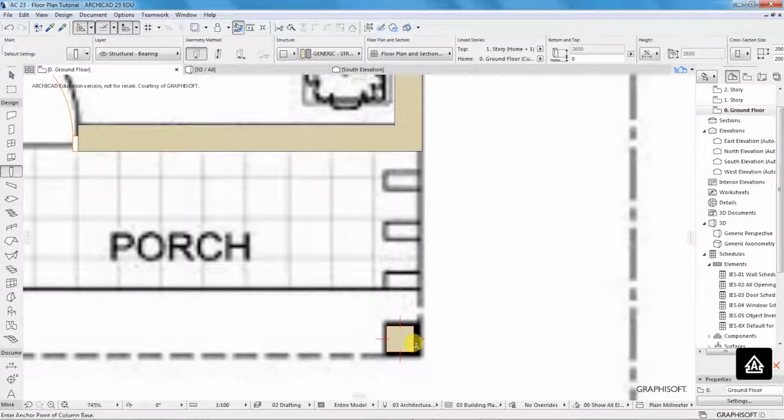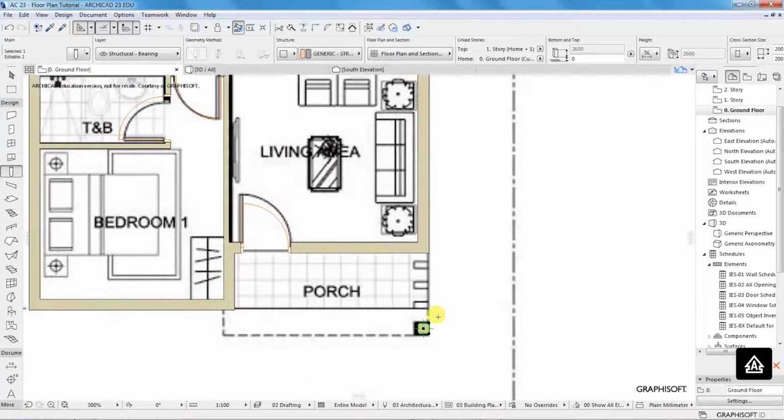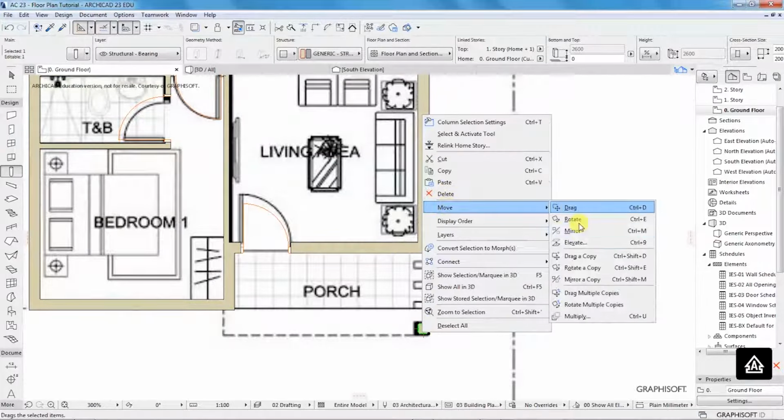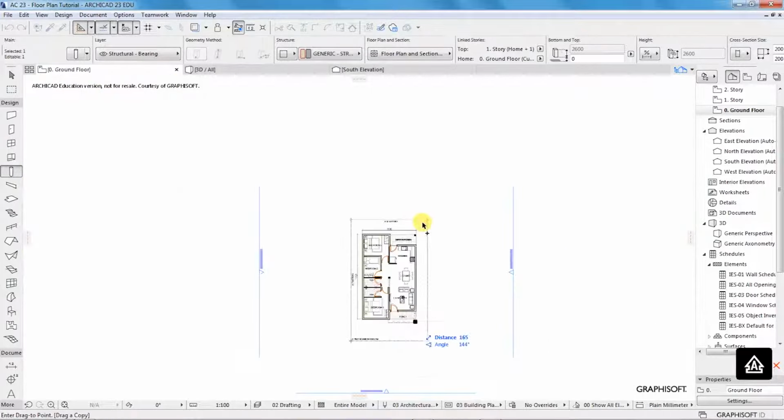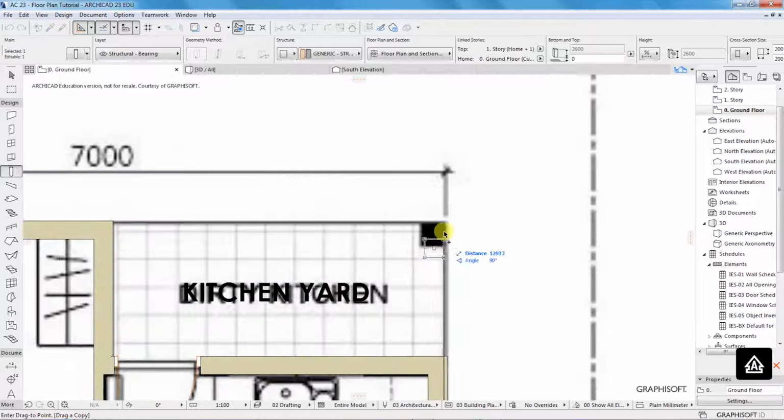Then you can place your column there, move it to be flush with that wall, and you can drag a copy from this point to this other point. Let's see whether we are making a perfect or a nice stuff. So from that point,